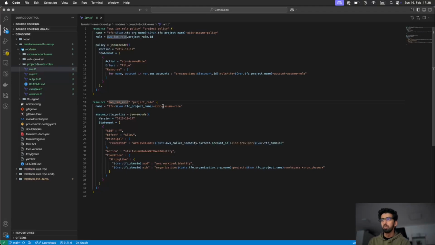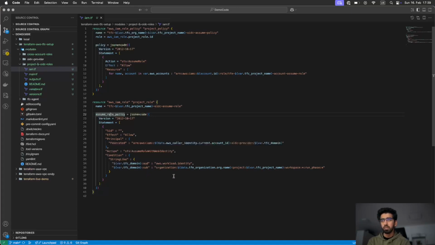So that's the AWS IAM role, and this is the name of this role. Now this role has a trust relationship policy. What it is basically saying is to allow the action on this federated identity. The federated identity is our OIDC provider, which we created in our last demo session. That's the URL for this OIDC provider, and we will pass the Terraform domain for this. And the condition here is important. Our audience is this AWS workload identity, and our subject for this